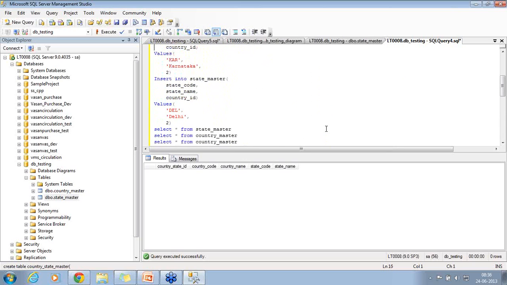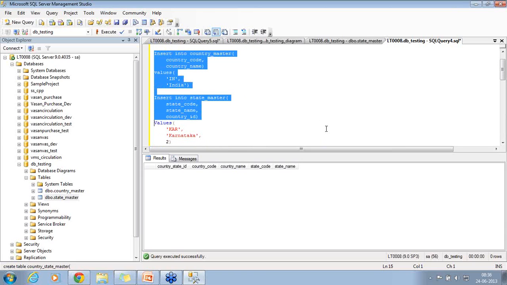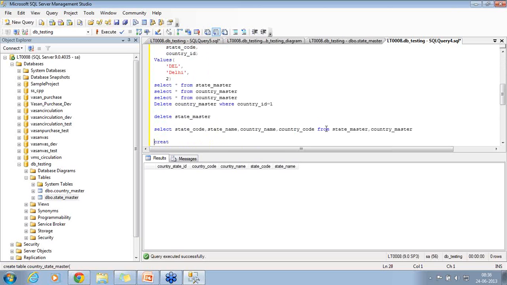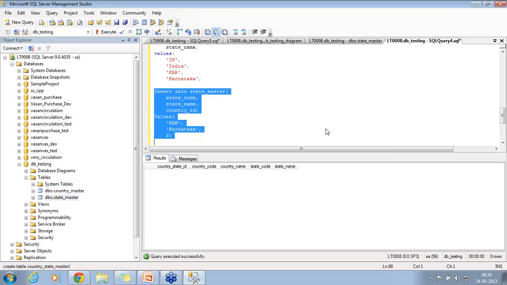Do you all agree with me on that? So I now insert into country state master: country code, country name, state code, state name, values India, Karnataka. So I can now create this as well. These are the records I have created.